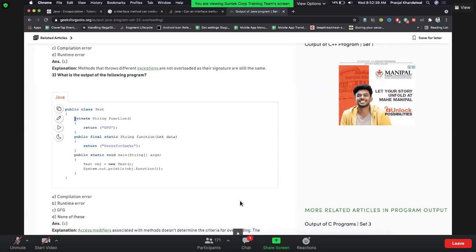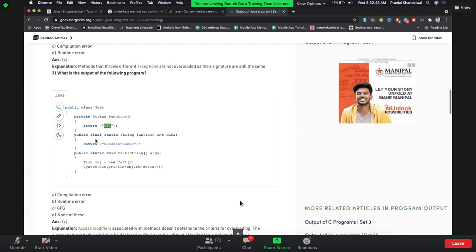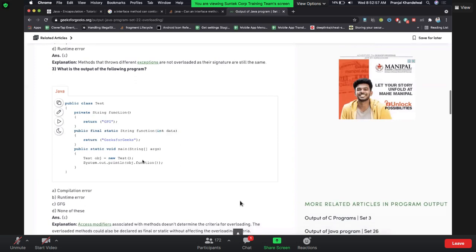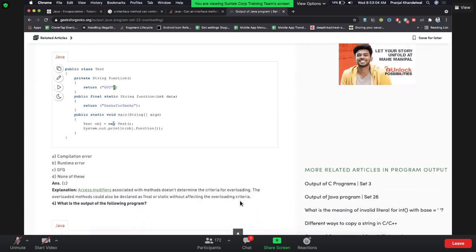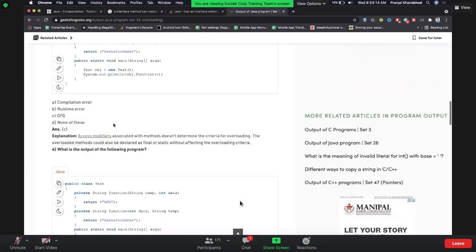Because we have a private function which is of type string, and it is returning GFG. Another function we have is a public final static string function, which accepts a parameter as data. Since we are calling object dot function, which is this function, it will directly return GFG. Access modifiers with the method don't determine the criteria for overloading. The overloaded method could also be declared final or static without affecting the overloading criteria.